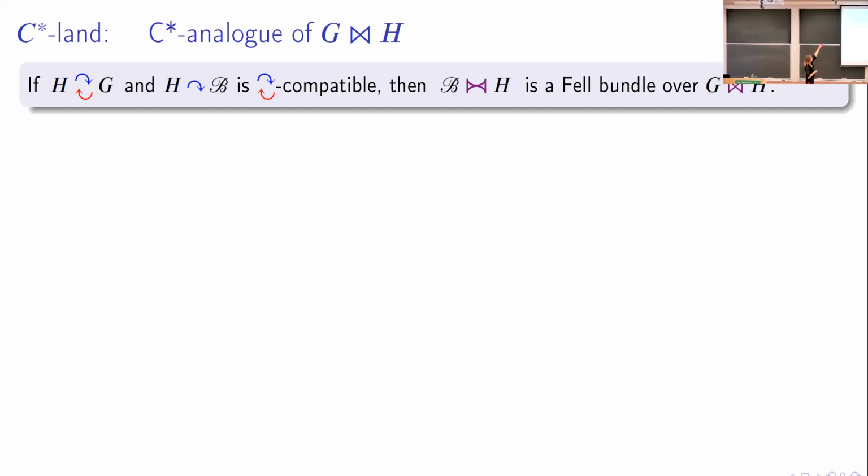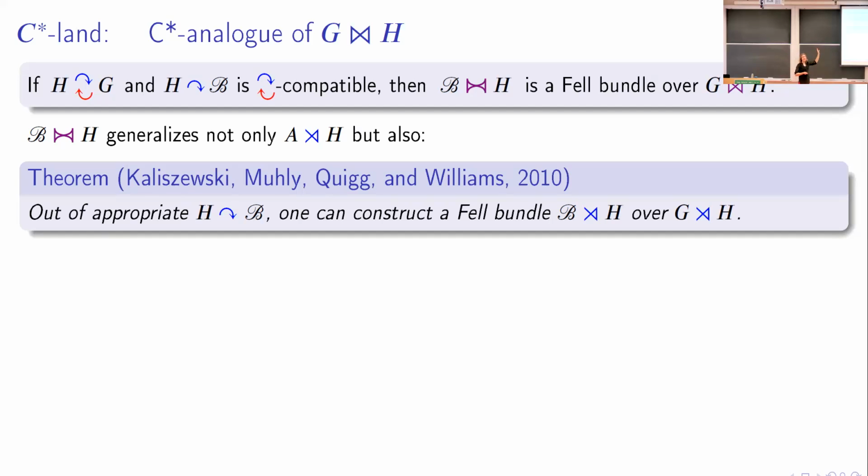Here's my theorem repeated. If you have good enough actions of G and H on each other and of H on a Fell bundle over G, then you get a new Fell bundle over the Zappa-Szép product. So this is not only a generalization of the cross product that we all know and love, but it actually also generalizes other theorems that already existed in the literature about more general types of semi-direct products of groups on Fell bundles. So if you start with a good enough groupoid action or group action, I think in their case, on a Fell bundle, you can construct a semi-direct product Fell bundle over the semi-direct product. And ours really is a generalization of that, our construction, if you assume one of the actions to be trivial. Right?